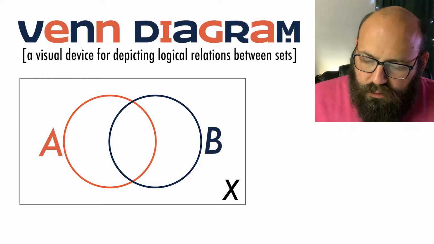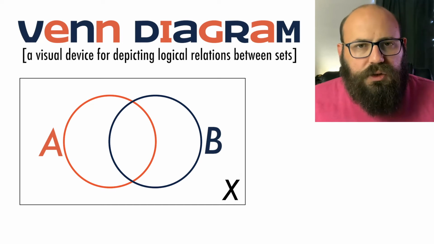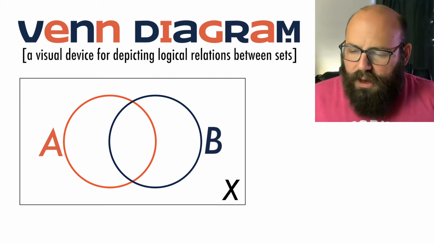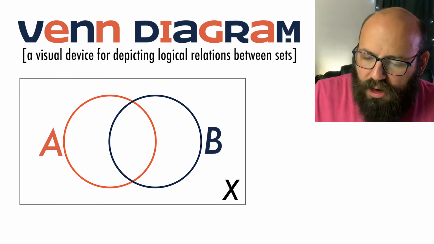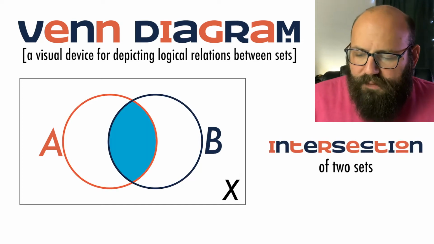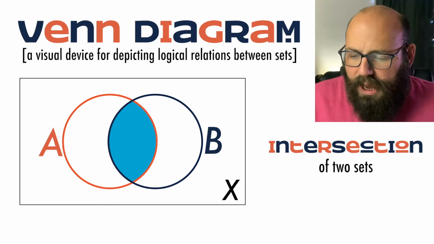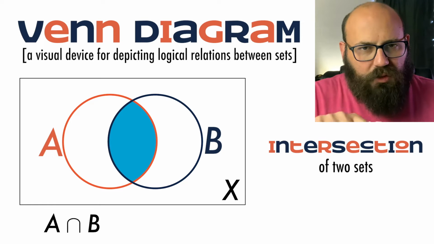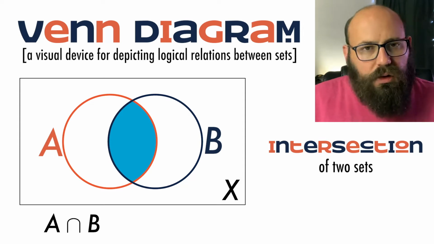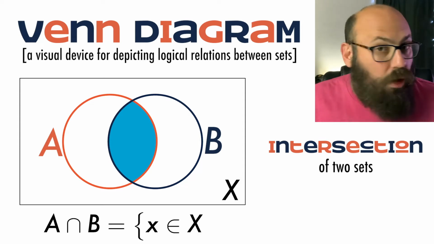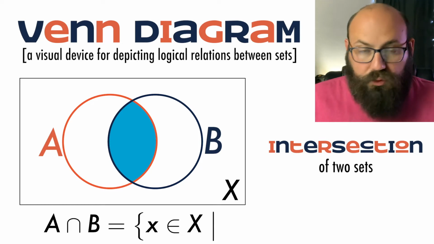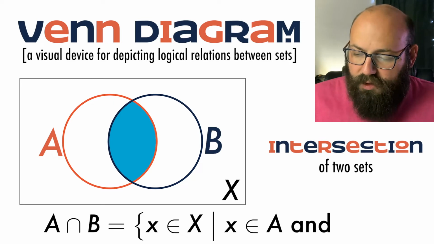And so these are two different sets, and I need to be able to turn them into a third set. I want to find a third set that's based on these two sets. And the first one is AND, which we talk about as the intersection of two sets, which is just this lens that lives in between the two sets. And this lens is the intersection. And if I write out A intersect B, look, it's even just a rounded version of that wedge, right? A intersect B, well, I can write that out. It's the set of all x in X. It's the set of all things that live in our universe of discourse, such that x is an element of A is true, and x is an element of B is true.